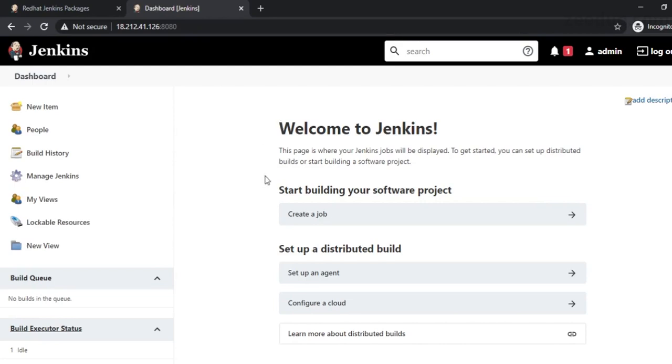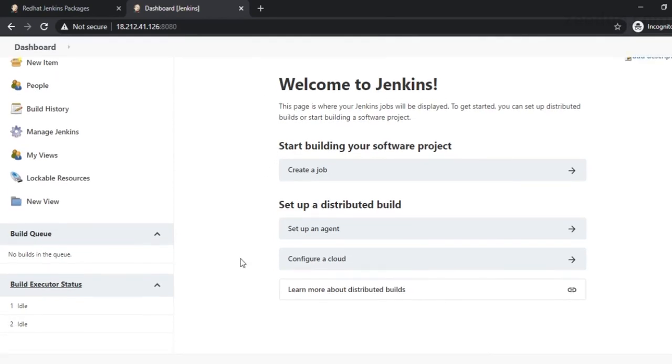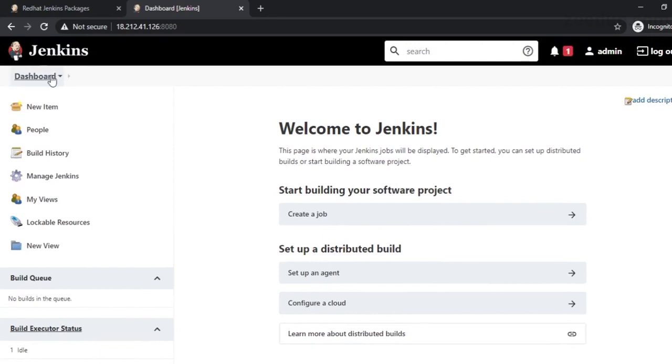and we will be redirected to the home page or the dashboard of Jenkins. Okay, so this is the first page that you will see after installing Jenkins for the first time. Okay, so right here we can do multiple things. We have our dashboard right here. We can create a new item right here. We can see the build histories.